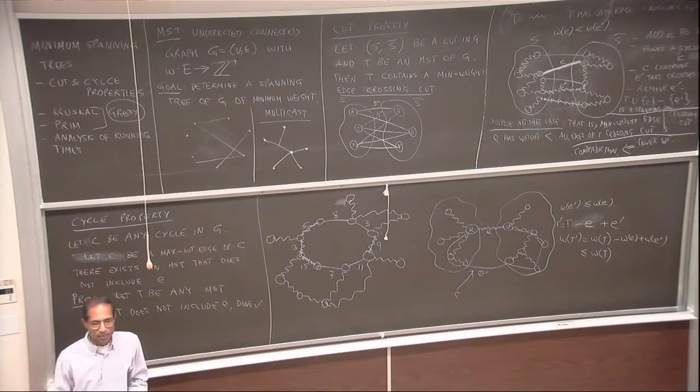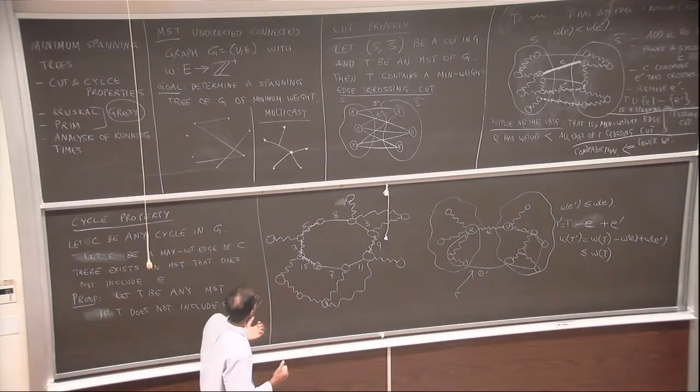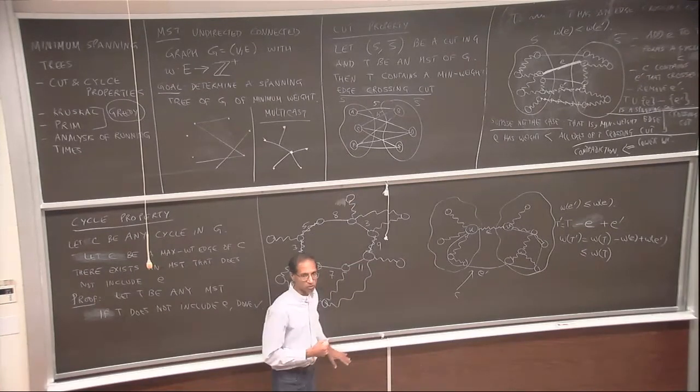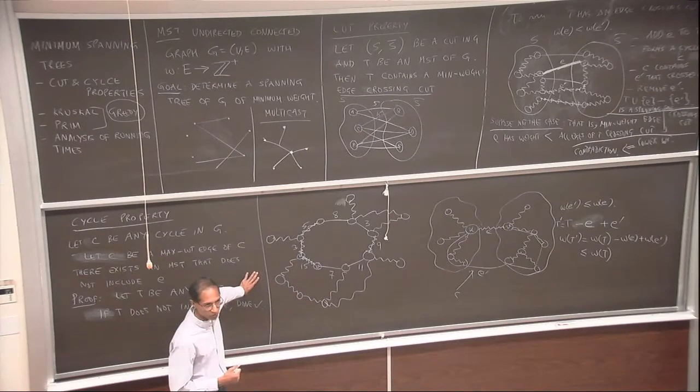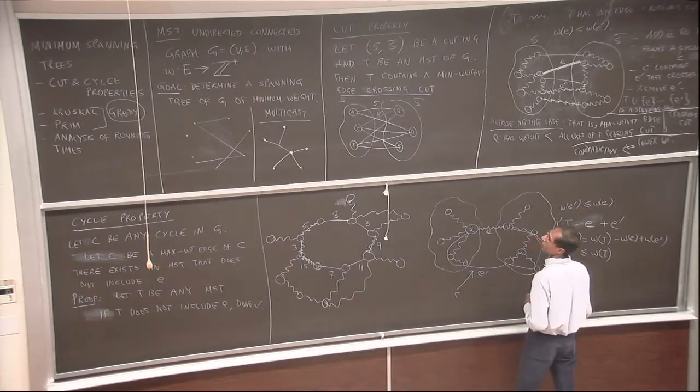This other property says I can go in the reverse direction. I can start from every edge in the graph, and check whether this edge is a maximum weight edge of a cycle. If so, I can go ahead and remove it. I keep doing that, and then I can find the spanning tree. So you can build a spanning tree using both techniques. We will look at two algorithms that both repeatedly use this technique, but you can also imagine algorithms that repeatedly use this technique or some combination of those two techniques. Okay? Okay. So let's do the